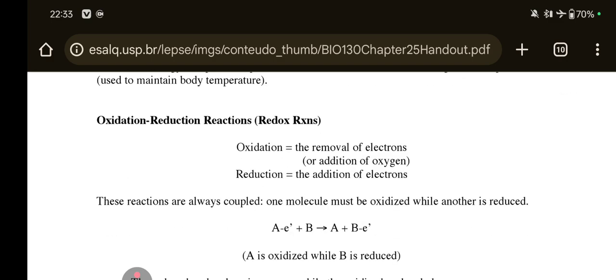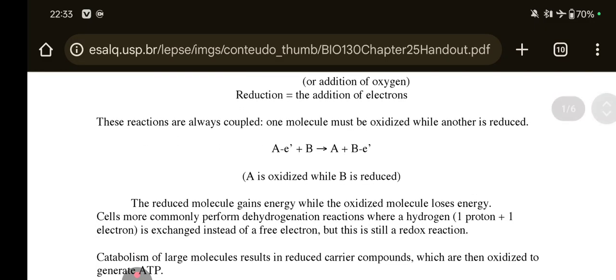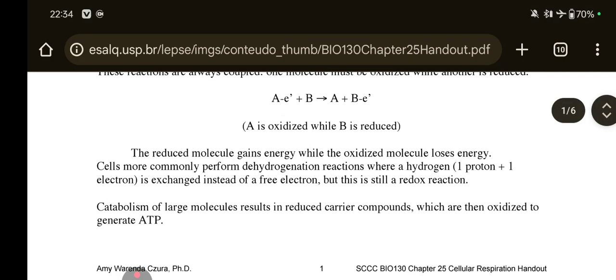Oxidation is removal of electrons, reduction is addition of electrons. These reactions are always coupled. One molecule must be oxidized while another is reduced. The reduced molecule gains energy while the oxidized molecule loses energy. Cells more commonly perform dehydrogenation reactions where hydrogen is exchanged instead of a free electron, but this is still a